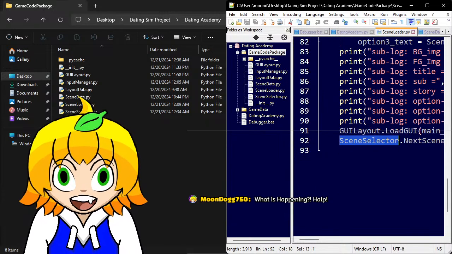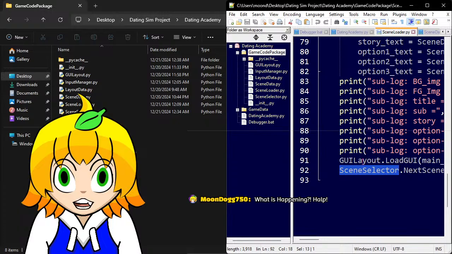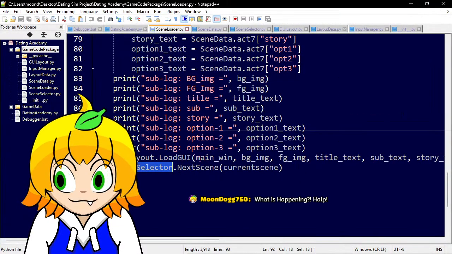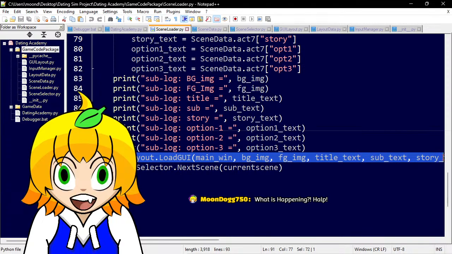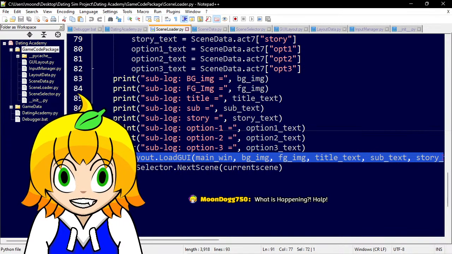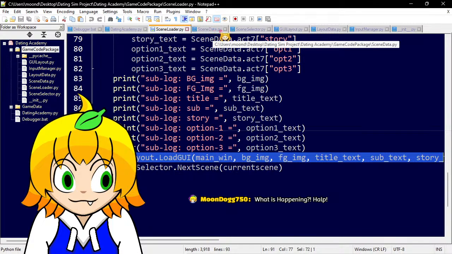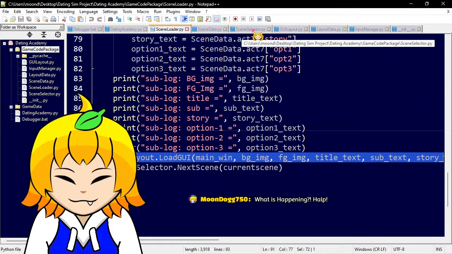Anyway, we got the scene. We do the GUI load by calling the GUI load GUI layout. Then we, hold on.